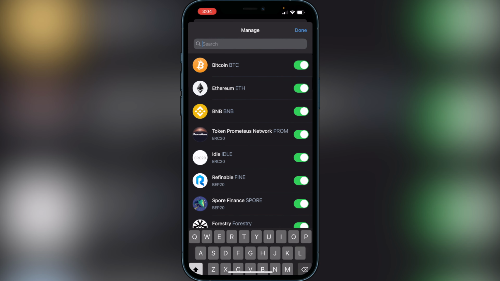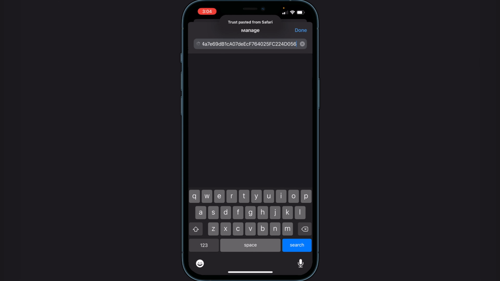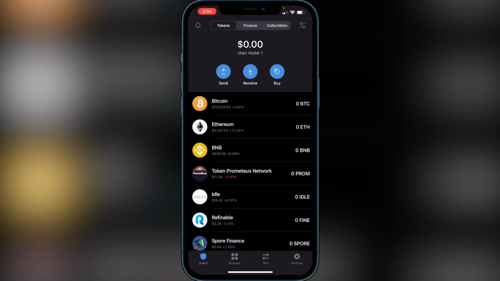Click on that, and you want to paste that address in here. Once you guys paste the address, you will then see the SafeBTC option pop up. You just want to enable it and then click on Done. Once you guys do that, you just have to make sure you have the browser option on the bottom of